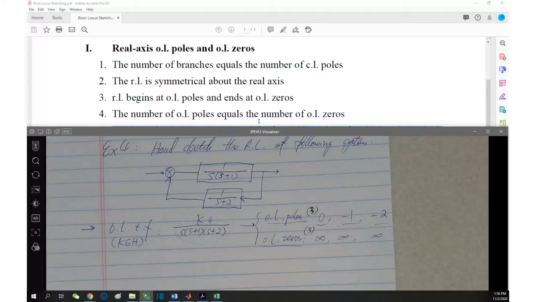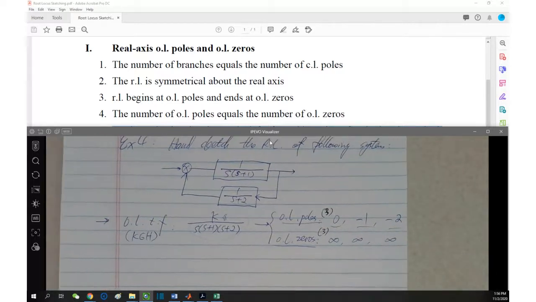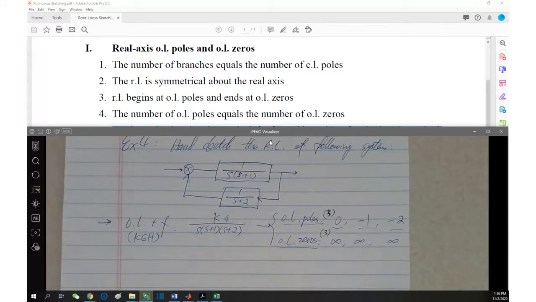So we are saying open loop zeros are infinity, infinity, and infinity. 3. The number must be matching. So here is a little bit tricky. Yes, a little bit tricky. Move on. After finding this,